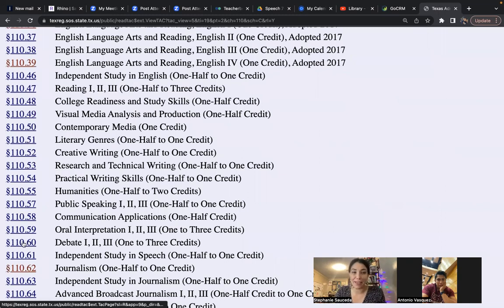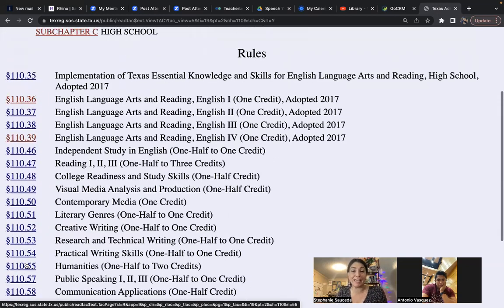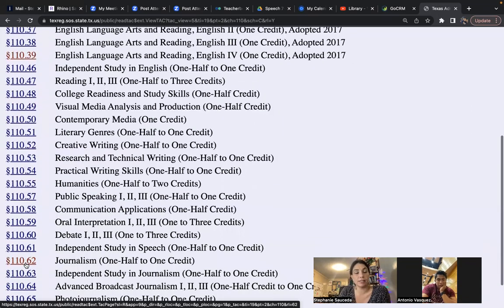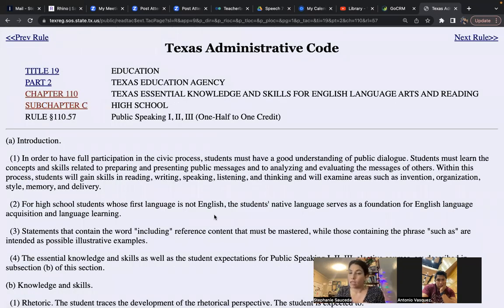So here you have the debate, and here you have independent study even on speech, and literally anything that has to do with it. So the way that you find them is in the English language arts and reading TEKS under the high school credits. And so you have public speaking. That should be like the first one that is connected, and you have to know everything that's listed in this